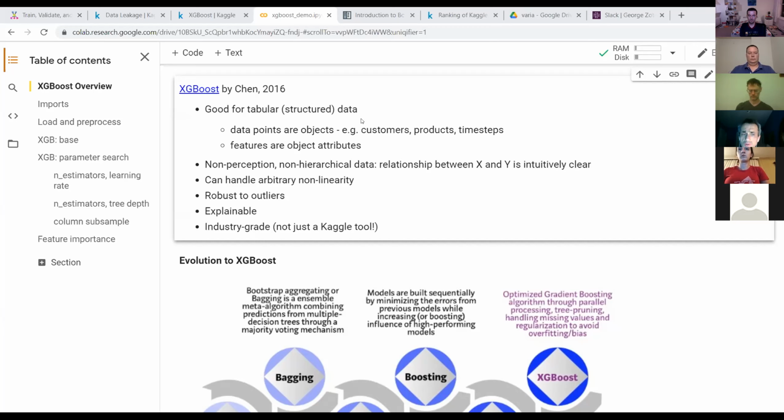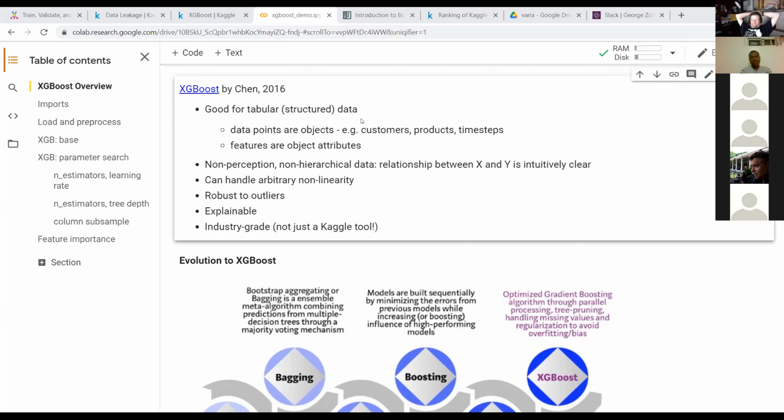Also, in contrast with neural networks, Xgboost is explainable. It gives you a nice picture of which features are important, which are not, but it doesn't give you a direction. So it will tell you, for example, that I use the square footage or the number of rooms maybe 80% of the time, but it doesn't tell you whether it's a good thing or a bad thing.